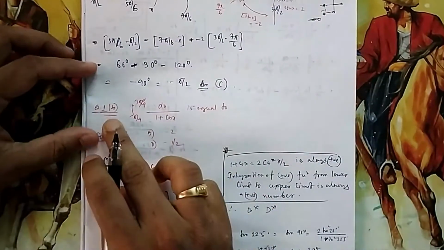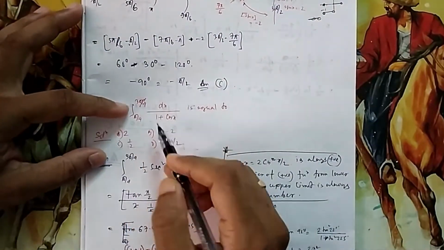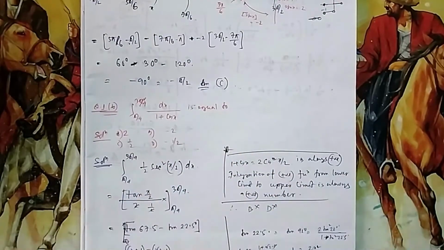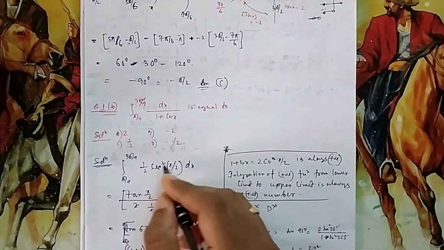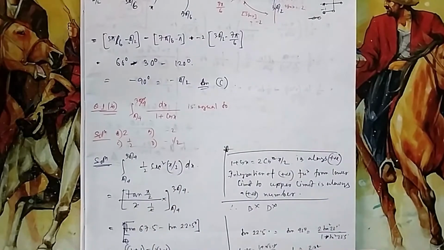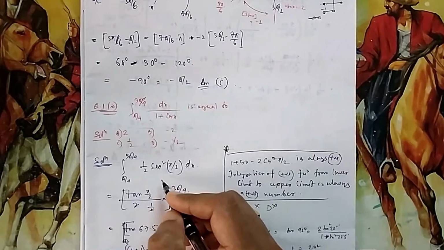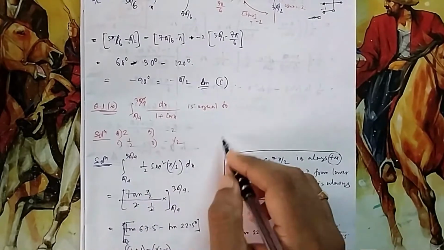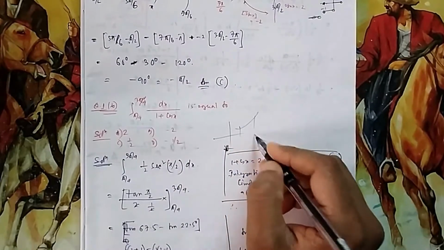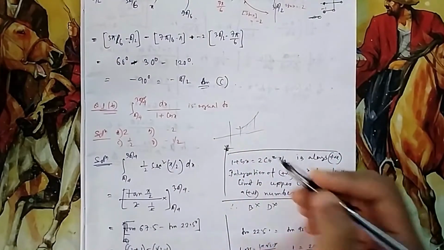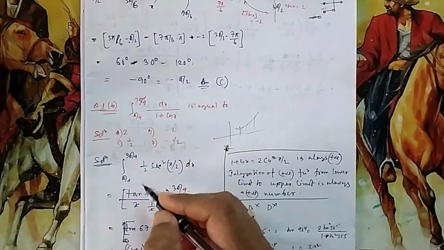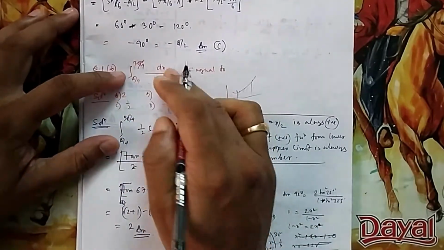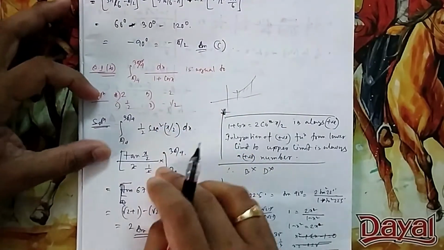Next, if you come to 1b, from 3 pi by 4 to this one, 1 plus cos x, obviously you will apply this, 2 cos square x by 2, so the integrand is 2 sec square x by 2. Now this is always positive, so there is no need to think where it is negative and where it is positive, because they are asking for the integration of a positive function. If the function is positive in both these ranges, then you simply take this area. If it becomes positive and negative, and they ask you for area, then you have to do something nasty. But here it is only integration of a positive function, so no need to do anything.